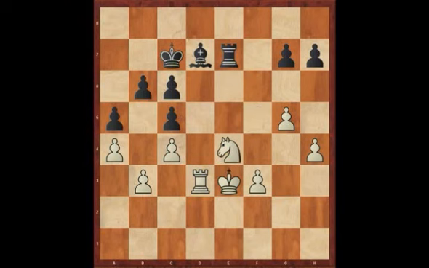F takes e4. Knight takes e4. And now bishop f5. Is black thinking of perhaps taking the knight on e4? Well, says white, you can jolly well do so if you like. The point being that if bishop takes e4, white has his passed pawn after f takes e4. White is effectively a pawn up in this position because